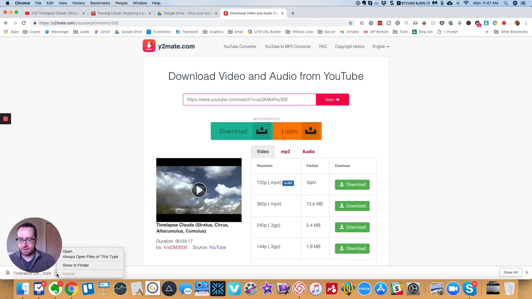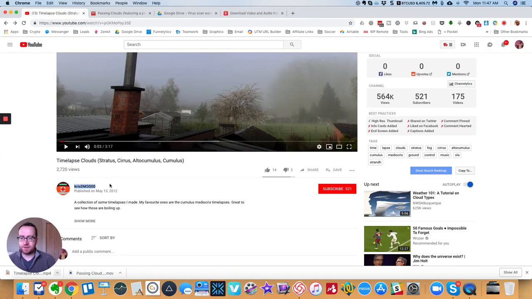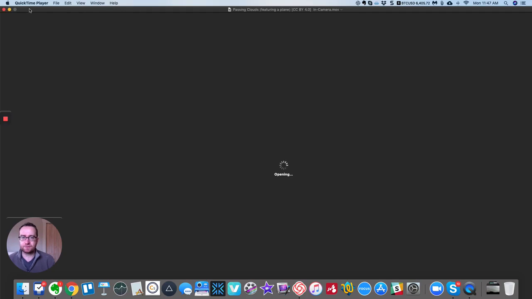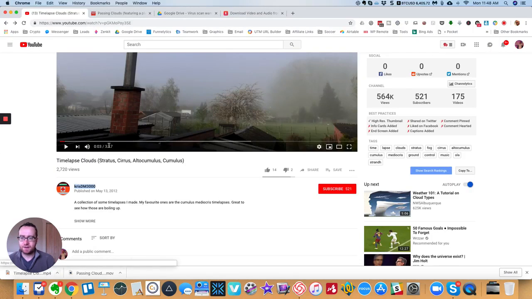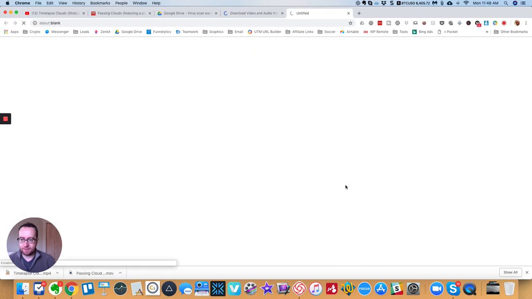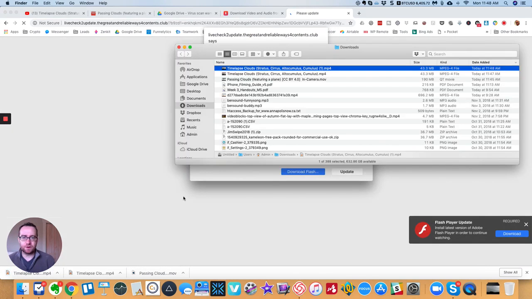So another way of doing that would be, let's show this in the Finder. When you download it, you want to make sure that you have that attribution, because you do have to have that attribution in order for it to be valid. Okay, right there, CC BY 4.0. CC is Creative Commons. But when you download it, and I think, yeah, so we're just downloading this one here. So what you can do is you can go show in Finder,